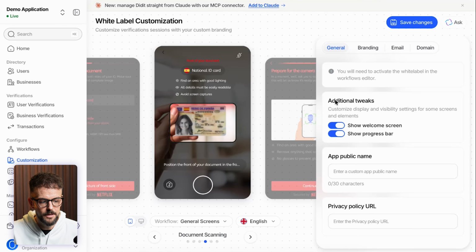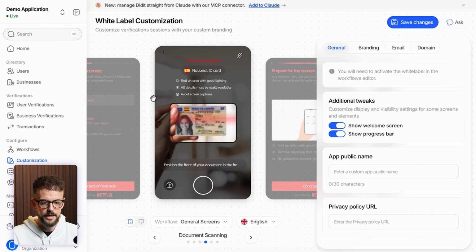So forcing a live capture instead, it's going to drive guided real-time photo with no uploads allowed, and that's your strongest setting against tampered or recycled images. So on the upload side, the accepted formats are your classics, JPEGs, PNGs, PDFs, and a few other file types, all under 10 megabytes. And if it's a PDF and it's password protected, it'll prompt for the password. So we can either upload or we can force a live capture, and that's all configurable inside of your workflow